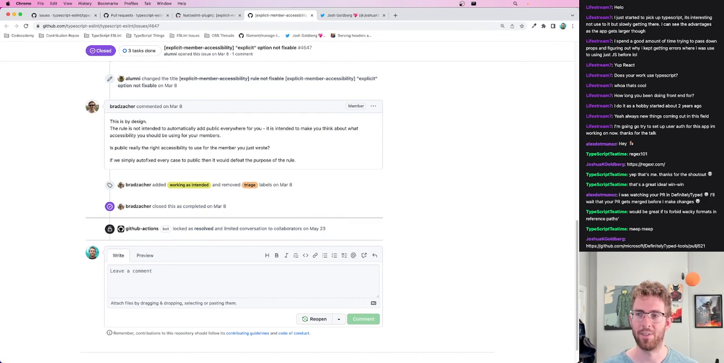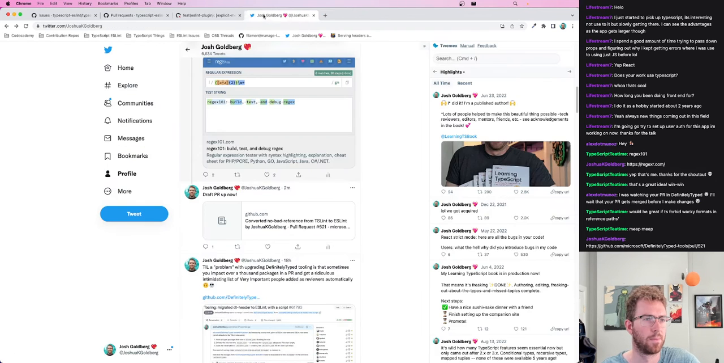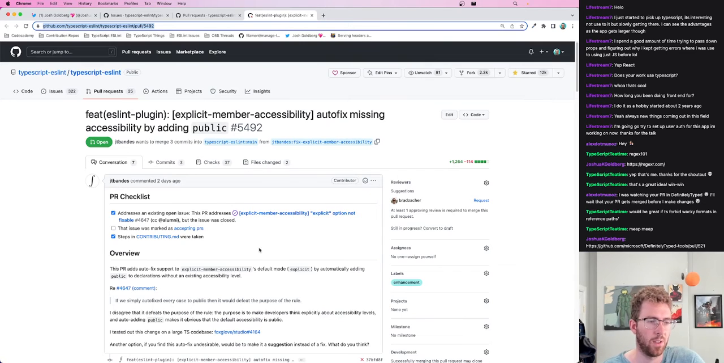This is a great question. Oftentimes it's not. So an autofixer would kind of lead people astray. If we simply autofixed every case to public, then it would defeat the purpose of the rule. Just move that away. So that issue was closed, and then 2 days ago, someone sent a PR trying to